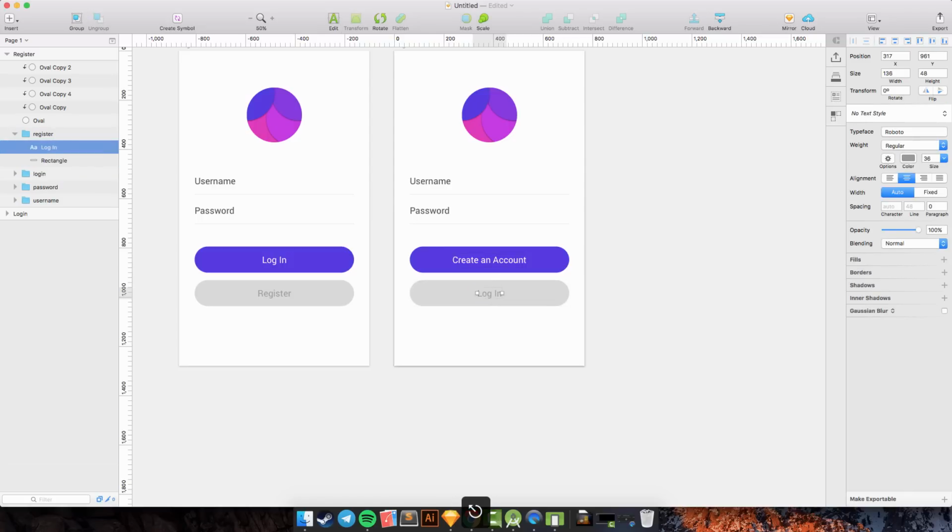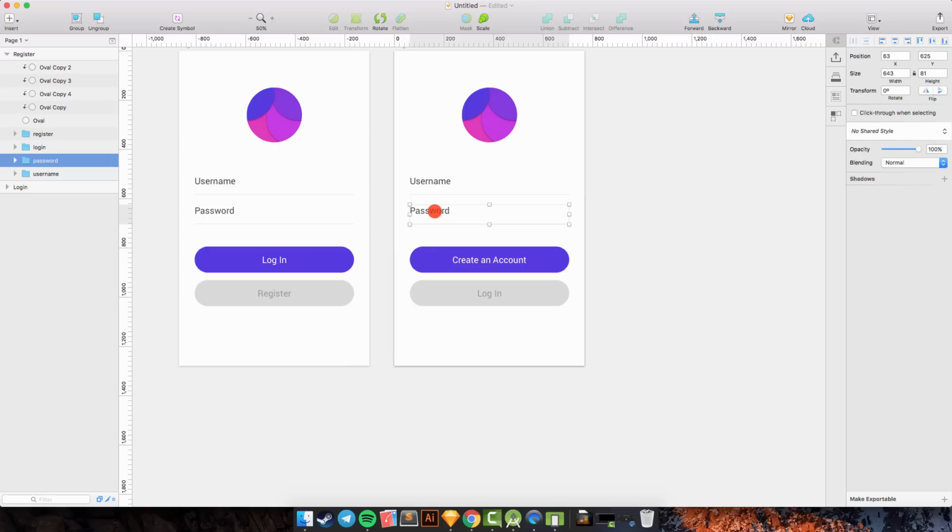Okay, and I will duplicate this layer, and change the name of the group to email, and change the password. Sorry, we're going to make it bottom first.